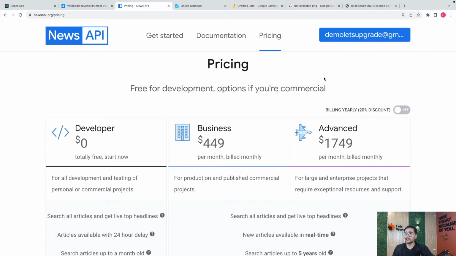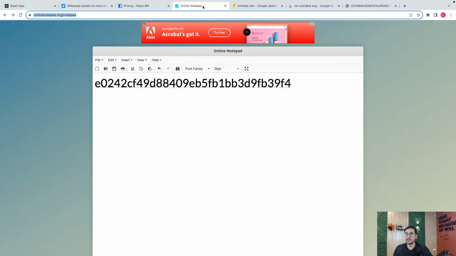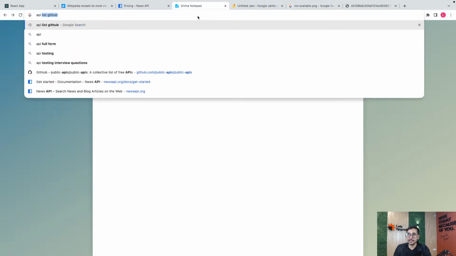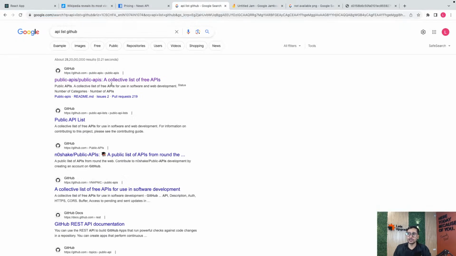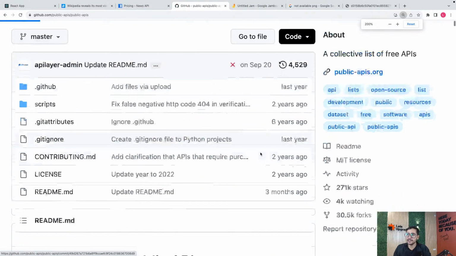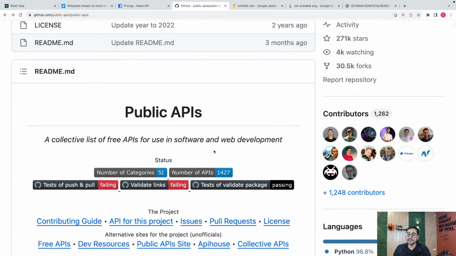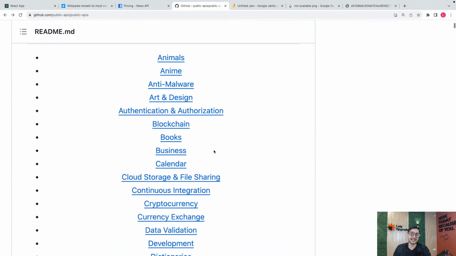Okay. And see, guys, as I told you, if you just search for API list GitHub, you'll get that whole thing, right? See, all the free public APIs available will be here. So just search for API list GitHub, you'll get this link and you can go here and see all the public APIs available in this whole world. But guys, this is not all.